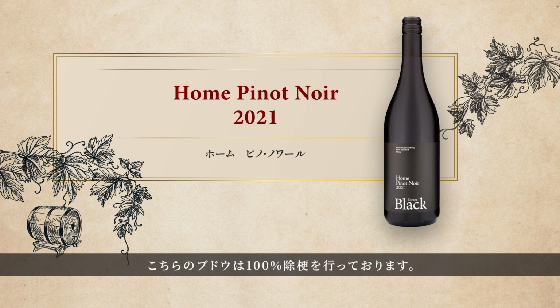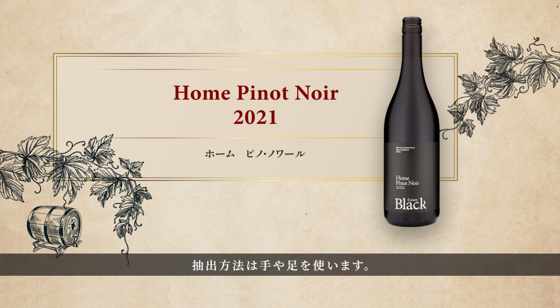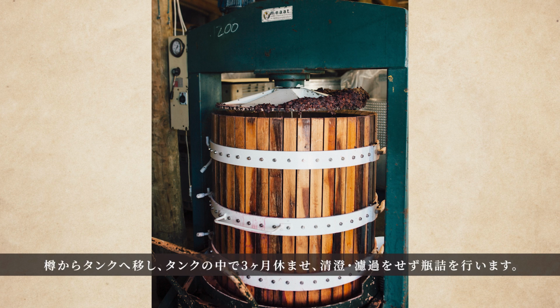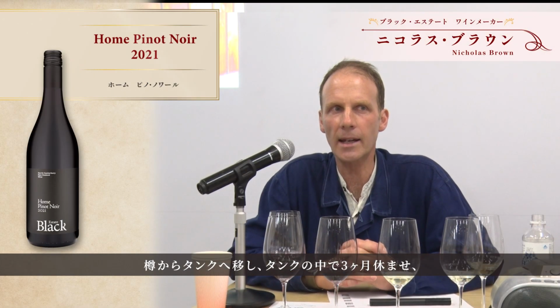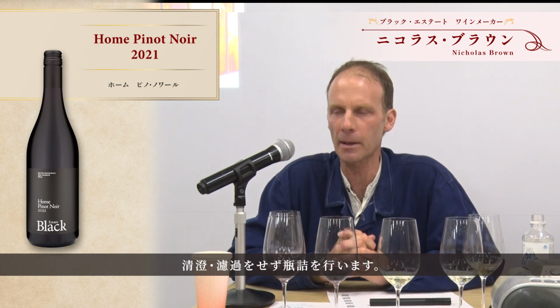The fruit for this wine was 100% destemmed and fermented in open-top fermenter for 27 days. Plunging during the fermentation was done with hand and foot to get the correct extraction from the grapes. The wine was then pressed using a basket press and transferred to barrel for 12 months. The wine in barrel was then racked to tank and allowed to settle for 3 months before being bottled, unfined